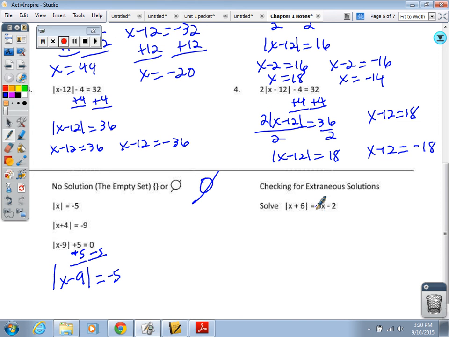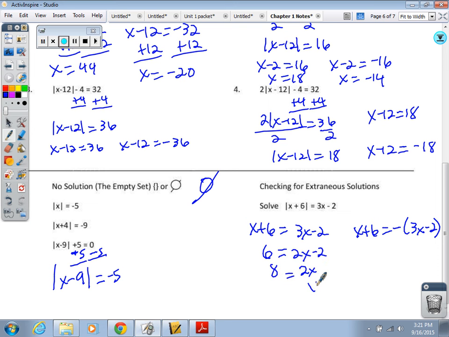So checking for extraneous solutions, those are the ones where mathematically you can solve them, but when you think about them in the real world, they don't really make sense. Okay, so let's do x plus 6 equals 3x minus 2, and then x plus 6 equals negative 3x minus 2. Notice one positive, one negative. Here, if you subtract your 6, you get 2x minus 2, and then 2x equals 8, so x equals